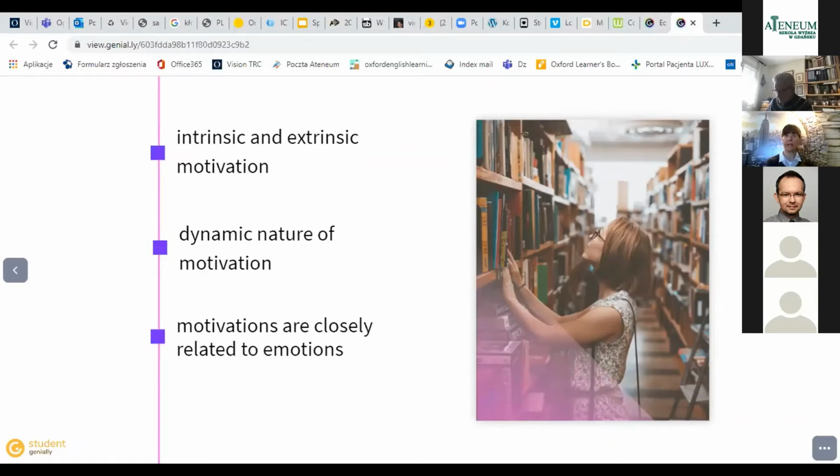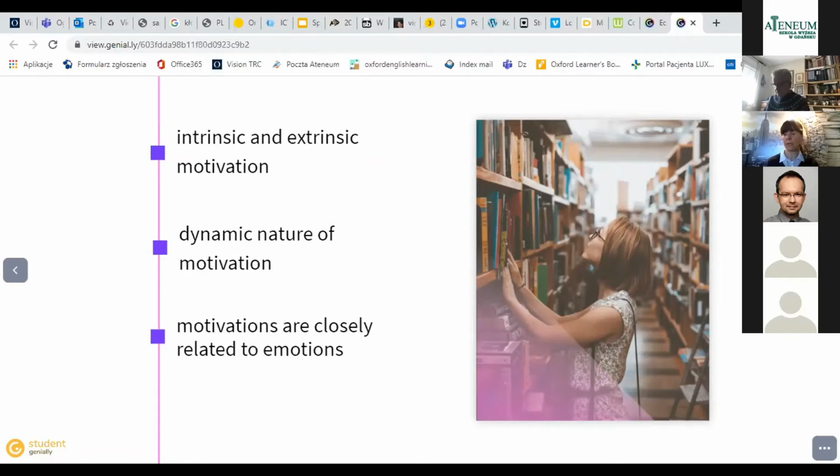That is the pre-actional phase, which makes us involved in the activity. Then we've got the actional phase, and this is the level where we maintain doing an activity, when we perform the activity, and this is the force that keeps us going within the activity. And the post-actional phase, when we refer to the activities that have been completed and which involve retrospection and evaluation of the activity that has been performed.